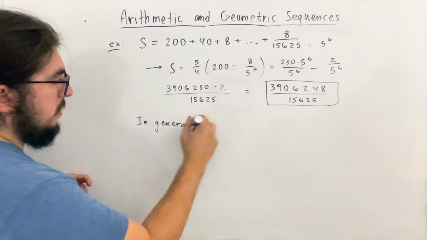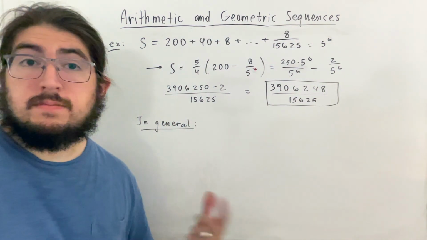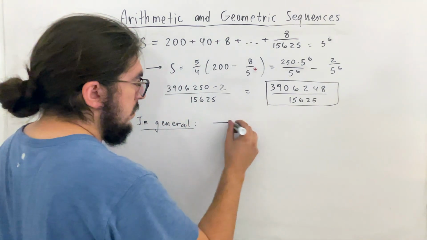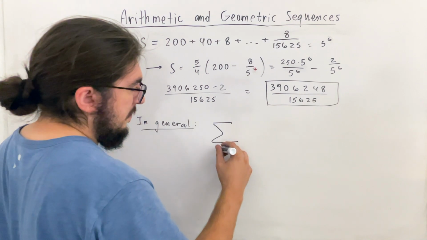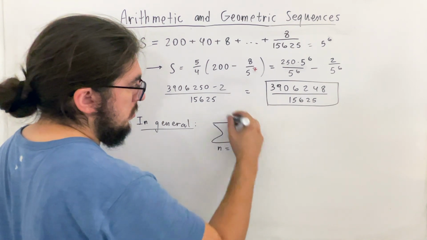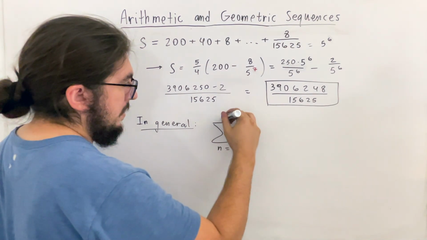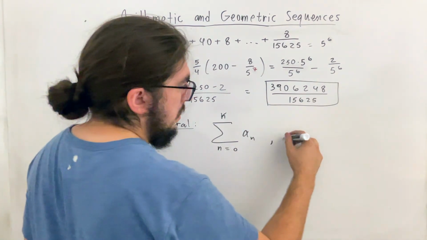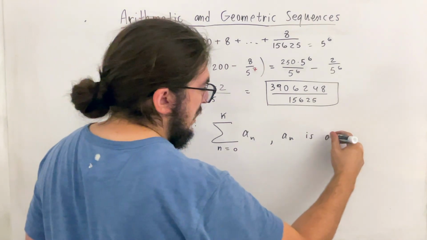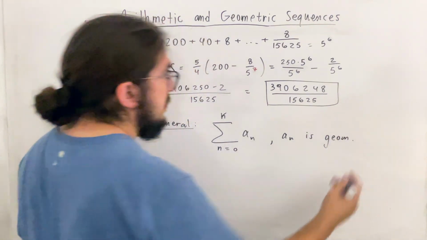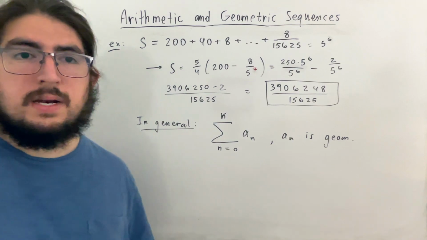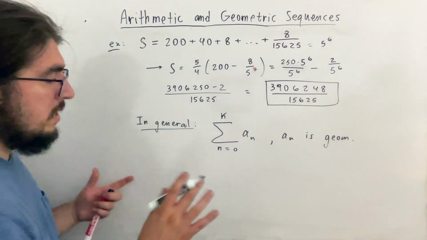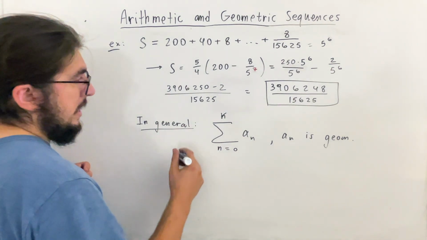Now, the last thing to say is what happens in general. We spoke of the general form for the partial sums for arithmetic sequences. What about that of geometric? So in general, if you have the sum from n equals 0 to k of a sub n, where a sub n is geometric, I don't think I wrote that when I wrote this out for arithmetic, but I said that the sequence we were summing over was arithmetic. So what this ends up being actually is,